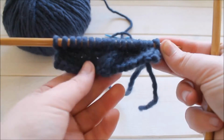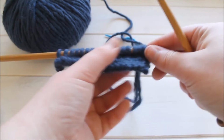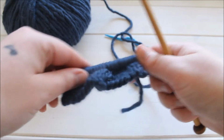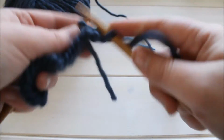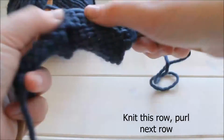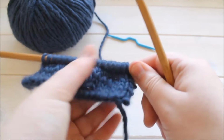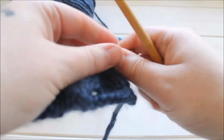Okay, so we've purled across all those stitches, and as you can see, that right leaning cable, that cable 6 back, is now showing up on the front side of the work. So now to carry on, we're going to be knitting all of the stitches in this row. And then we will also be purling all of the stitches in the next row after that. Okay, so as you can see, that right leaning cable, that cable 6 back, is now looking quite settled in